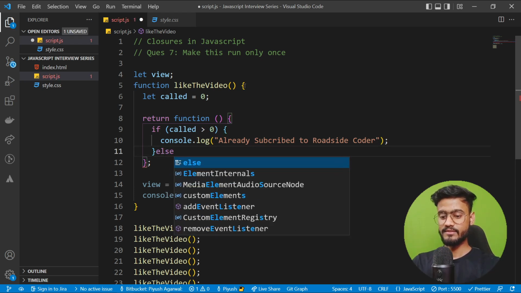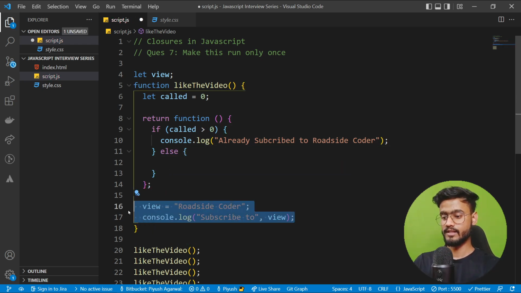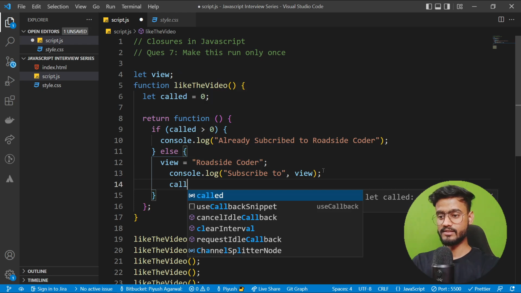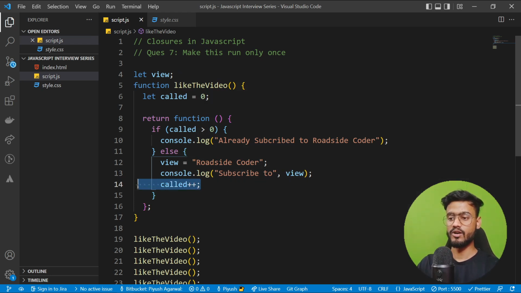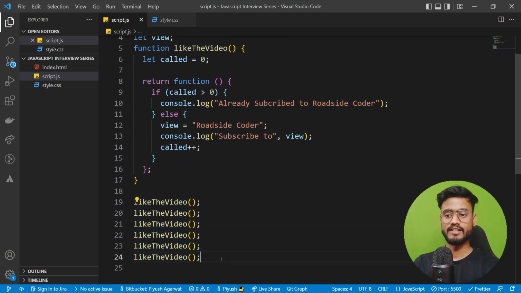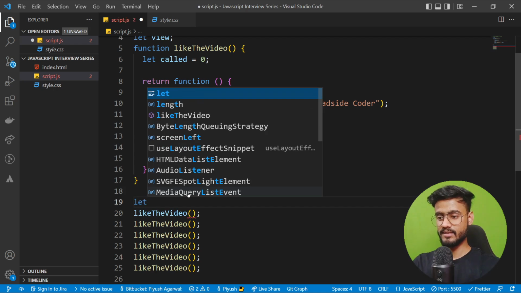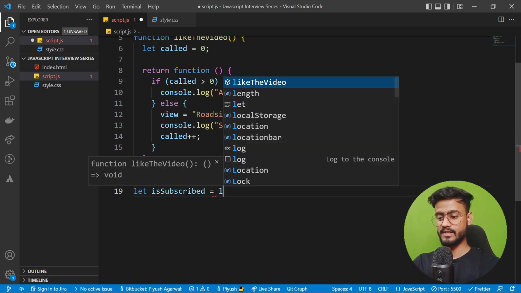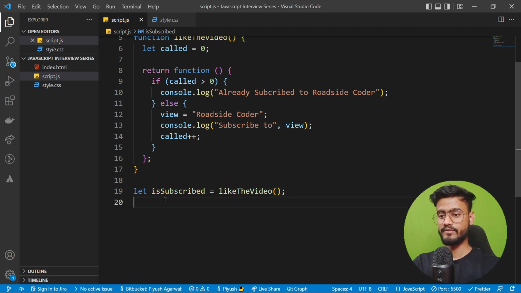Otherwise, else, if this is not more than 0, then we're going to take this code and put it right over here. And after this console log, I'm going to say called plus plus, so that called is not 0 anymore. And then we will print already subscribed to Roadside Coder. So I think this should work. First time this should print subscribe to Roadside Coder, and then after that it should print already subscribed. Let's see. Oops, my bad. I need to call it first. So I'm just going to remove this for now. I'm going to say is subscribed, and it's going to take the video,